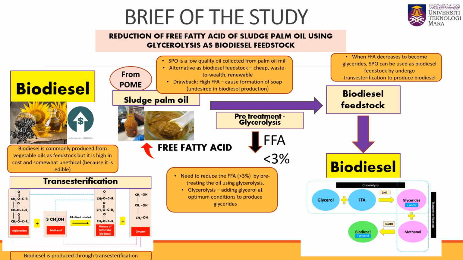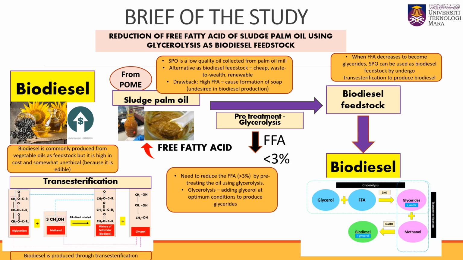Biodiesel, which is commonly produced from vegetable oils as feedstock, is usually used as a source of energy. But the feedstock cost is high. The vegetable oil is high in cost and somewhat unethical because it is edible. But we want to shift from fossil fuel to renewable energy, which is biodiesel. So we want to promote the consumption of biodiesel. Therefore, we want to